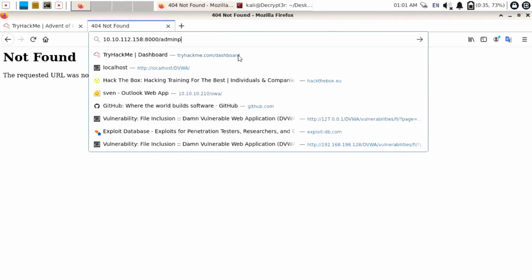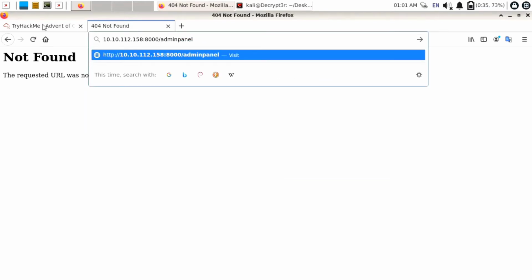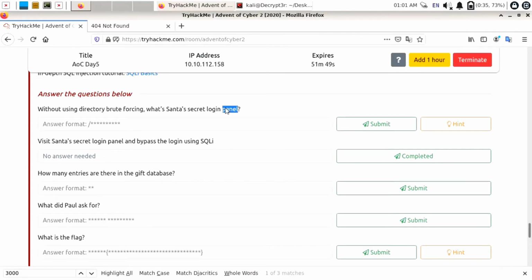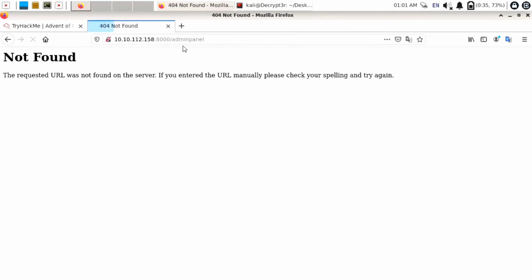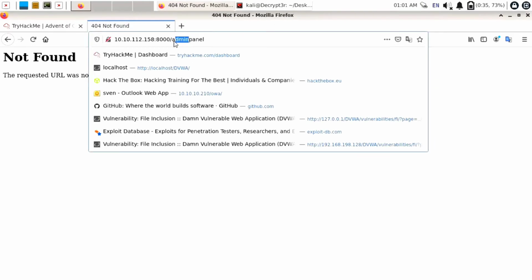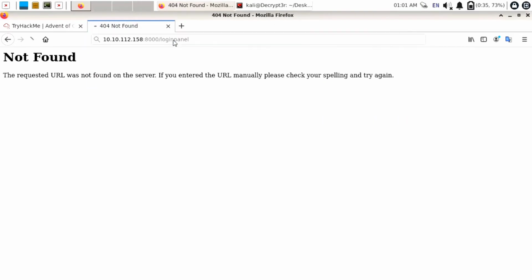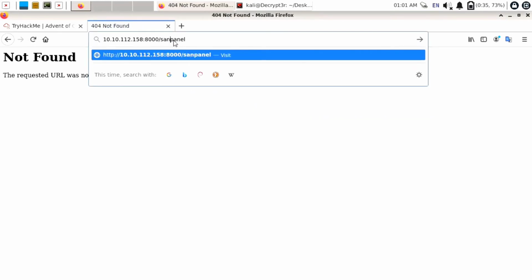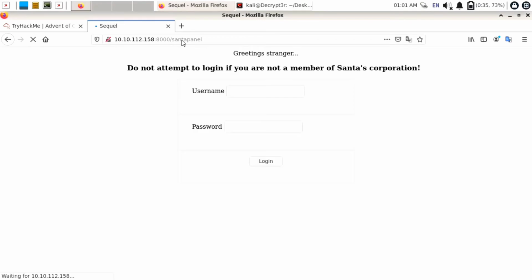Then admin panel. Okay, it is using a secret login panel. So I will just add panel in front of admin. Still nothing. Then add login panel. Still nothing. And they also explain Santa's panel is hacked. So I will just add Santa panel here, and here you can see we successfully found the admin panel of